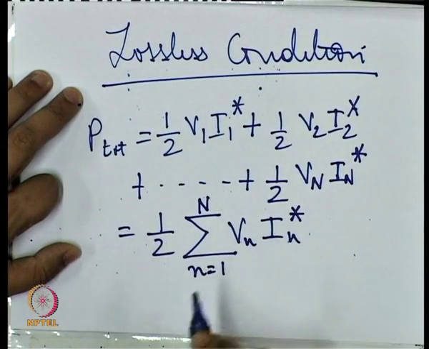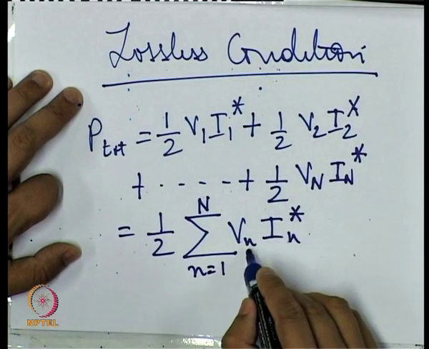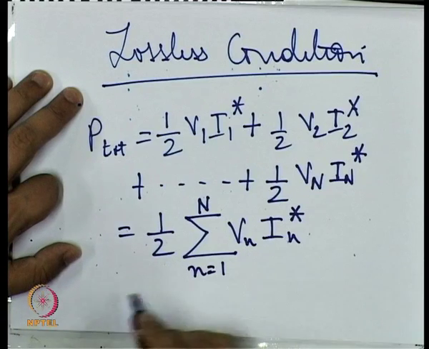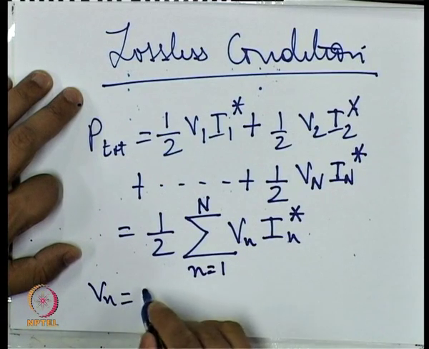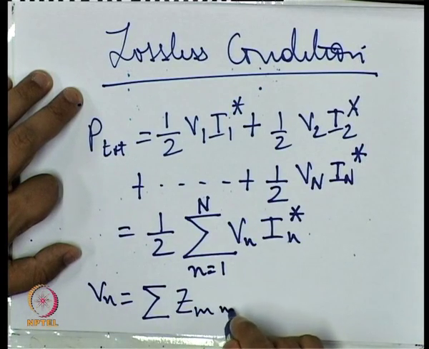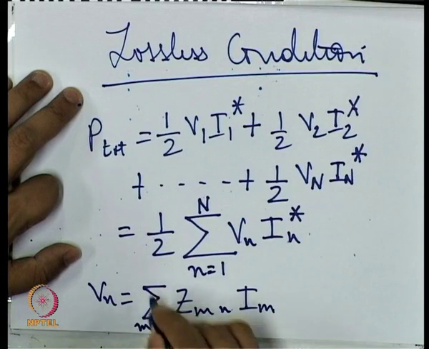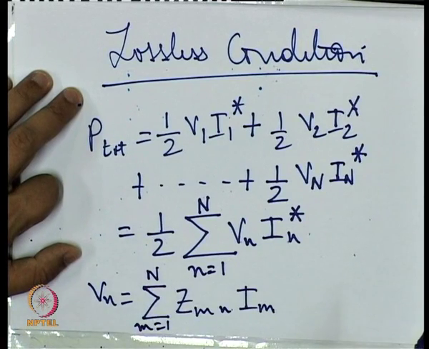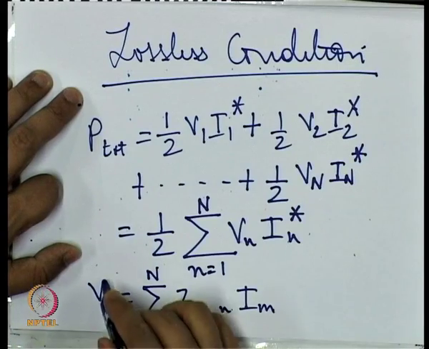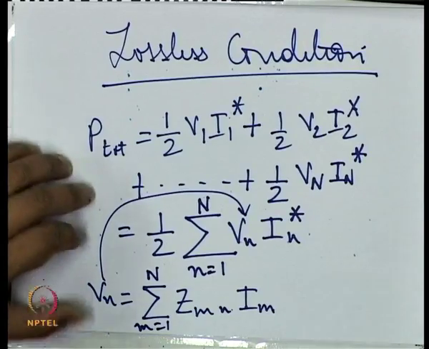So this is how we can represent it. Now if we write an expression for Vn like this from the Z matrix, then if we plug it back here, what we get is that the P total is given by